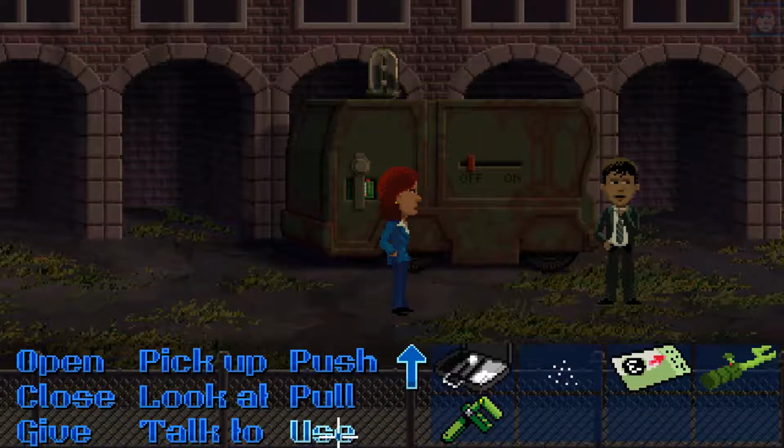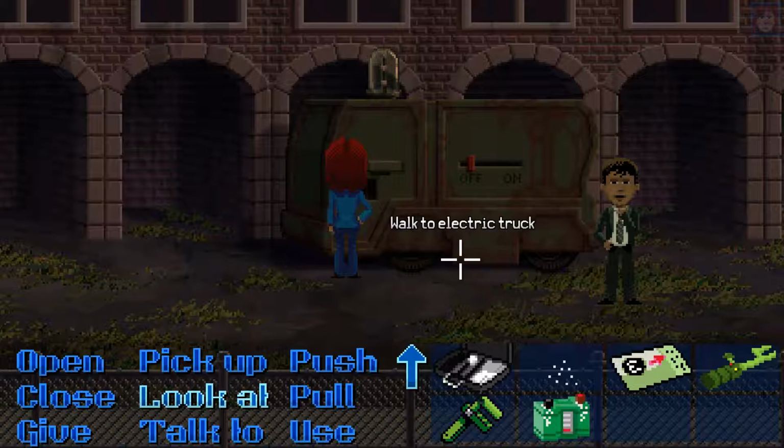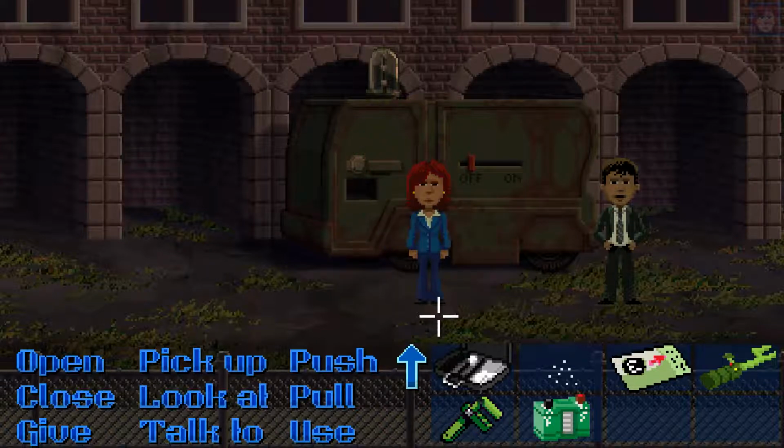Alright. She has the Pigeon Brothers wrench, and she can use it on this restraining bolt. And grab the battery, which is dead. So we need to recharge the battery. Also worth pointing out at this point, on an unrelated note, at the time that I'm recording this video, Ron Gilbert has just dropped a major patch for this game which adds several features in, and they got all of